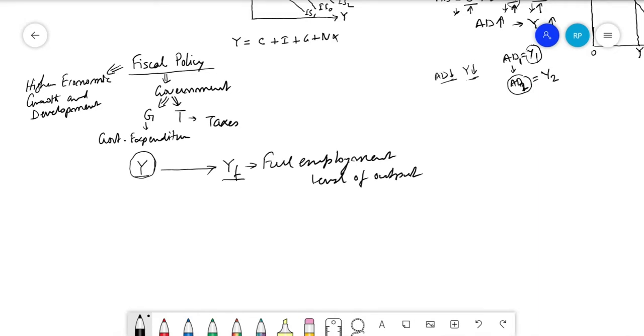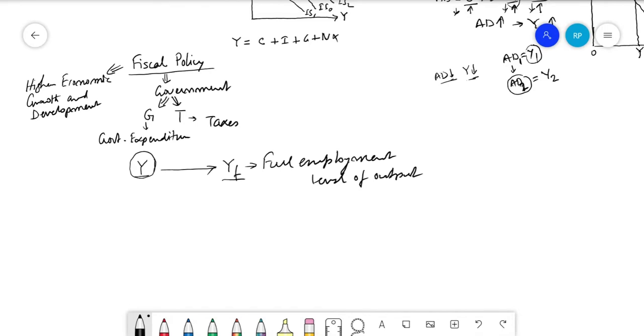So the investment amount that you have invested can be used only if there is aggregate demand in the market. So you have to do both. You need to increase aggregate demand, and at the same time you need to increase investments, and if you are increasing the investment, you make sure that the equivalent demand is there in the market. You have to manage it. In this way you are bringing your level of production from Y to YF level of output, that is, the full employment level of output.